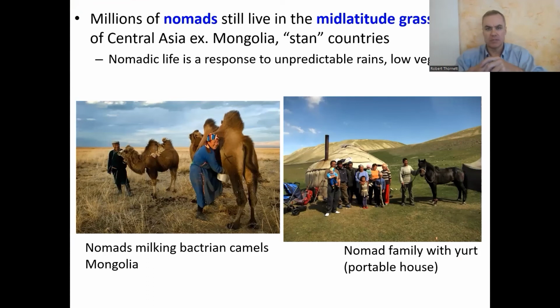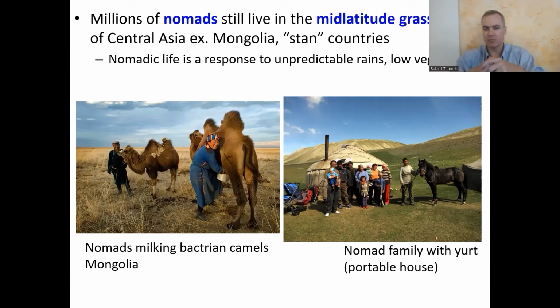Asia has a different experience with mid-latitude grasslands. In Central Asia, countries like Kazakhstan, Mongolia, all the Stan countries, Uzbekistan, etc., the mid-latitude grasslands there are really far from the ocean, super far, because Asia is the widest continent. So these are people who live a nomadic lifestyle, and nomads basically live an animal-based lifestyle because they live in areas like this where there's so little precipitation because of the continental effect, that if they were to stay in one place with those animals, then those animals would just eat through the grass and no one would have anything to eat anymore. So they have to keep moving, hence the nomad life, right?